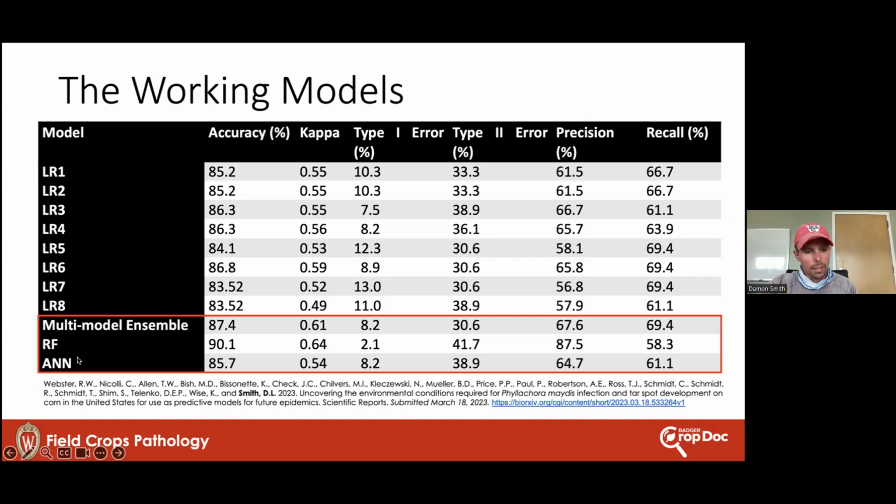And then we've compared that against this RF, which stands for random forest machine learning, which you don't need to be concerned with. And then this AN is another type of machine learning algorithm. And so what I want you to see here is that in our modeling, we're actually accurate about 88% of the time. Yes, the machine learning inches that up to about 90%, if we look at the random forest, but we're right in line there with our approaches.